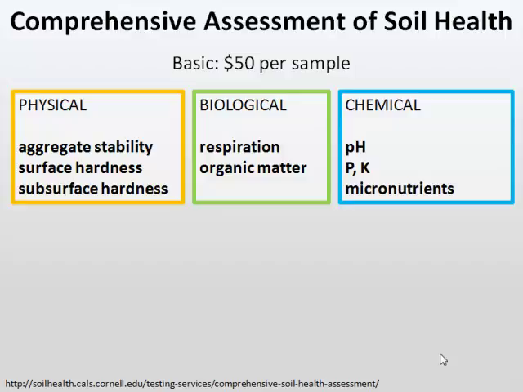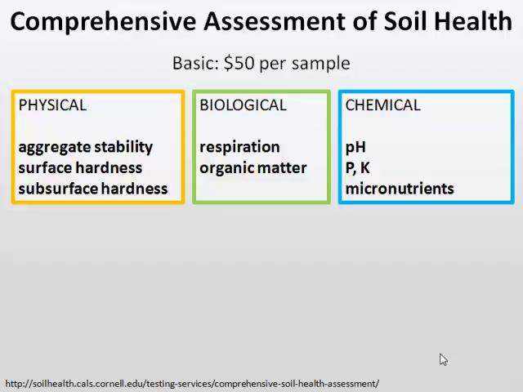That's part of their test. So they basically said, if we think about what is unique here, when you submit your soil for a standard soil test, you're typically going to get everything in that chemical box, and then organic matter would be there, maybe micronutrients, maybe not, but you're typically going to get total organic matter. So really, the tests that add a different element to the standard are that respiration measurement and aggregate stability. Okay, so